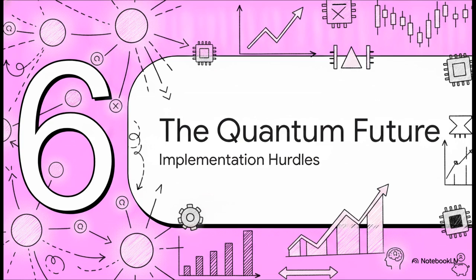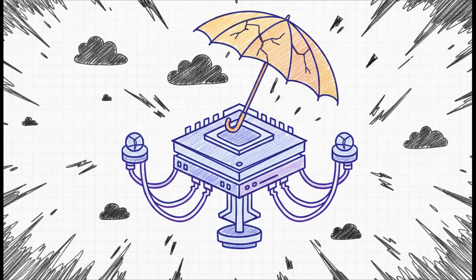Finally, let's look at Section 6, the quantum future. Okay, we do have to ground the hype for just a second here. As incredible as these results are, there are still some real hurdles. The researchers conducted these tests on fault-tolerant quantum simulators, not physical quantum computers. We are currently in what's known as the NISQ era, noisy intermediate scale quantum. Real quantum hardware today is still very prone to noise and decoherence. And because amplitude encoding requires pretty deep, complex circuits just to prepare the initial state, a real-world quantum computer today might introduce too many errors. So we're essentially waiting on advances in quantum error correction before this can be deployed directly on Wall Street.